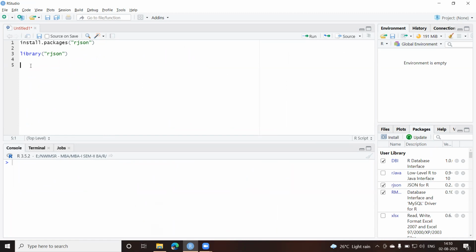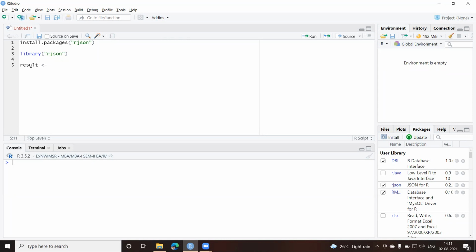Let us go back to your RStudio. Let us write a small code to open this file and store it in, let us say, result. We'll create one result. Okay, so we are going to read this file using the function called JSON. The data which is fetched from the file will be stored as a list and not as a data frame. So that's one difference you'll find whenever you are accessing your JSON files. This data which is read will be stored as a list and not as a data frame.